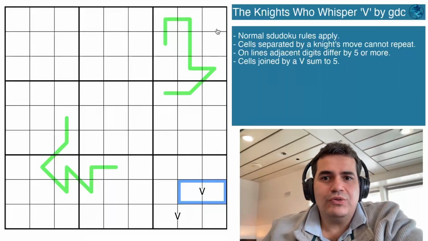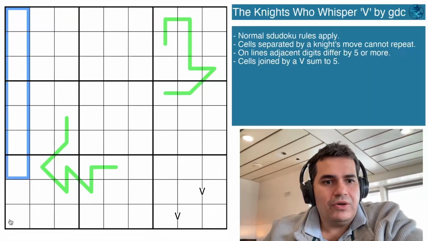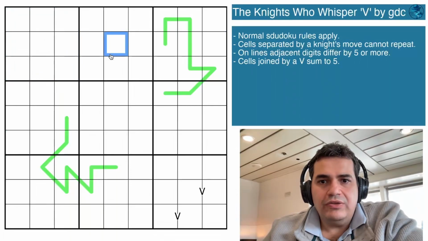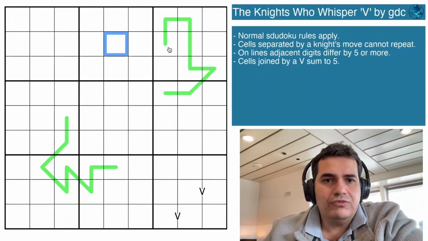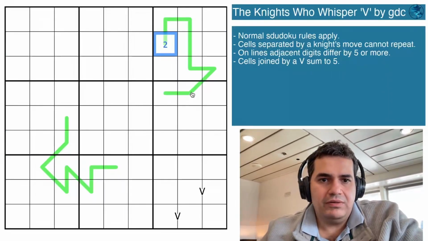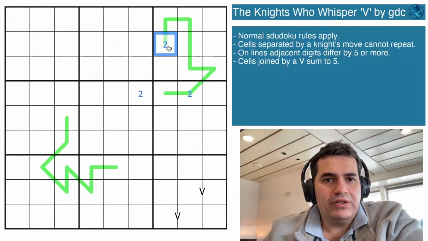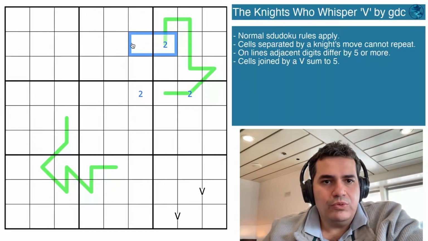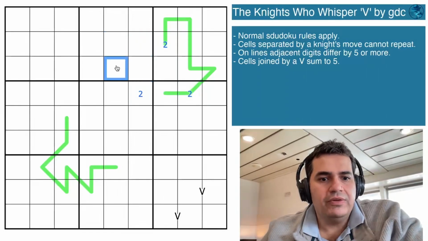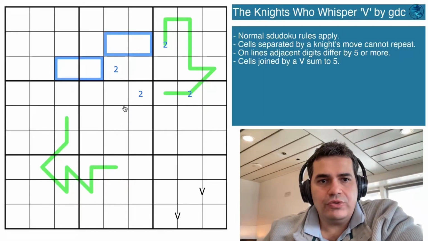We've got normal Sudoku rules applied. That means the digits 1 through 9 in every row, every column, as well as every box. We have cells separated by a knight's move cannot repeat. So, for example, if this is 2, then clearly this cannot be a 2 and this cannot be a 2. Think of a chess knight's move, where you can do one move and then 2 down, equally 2 moves and then 1 down. That would also be an issue, despite the fact that it's in a different box, different row, and different